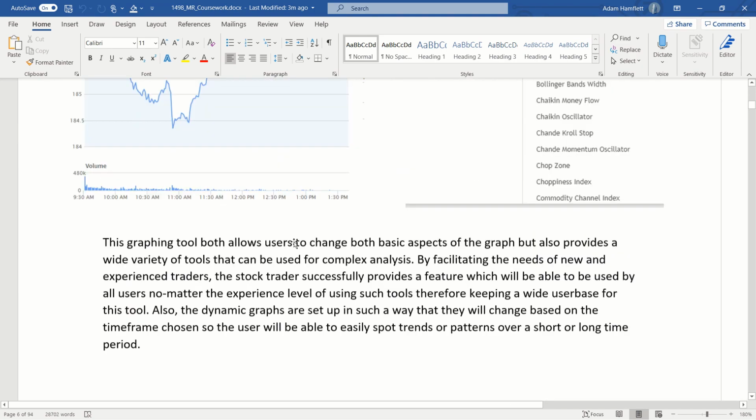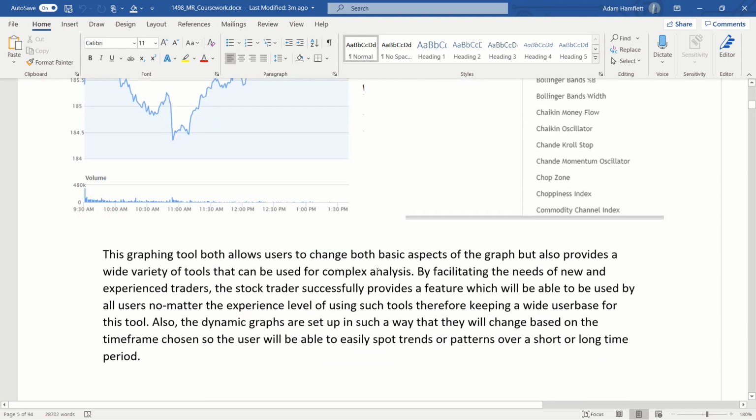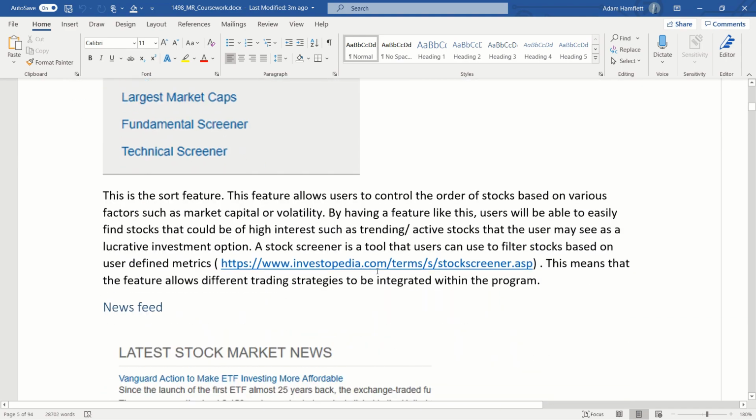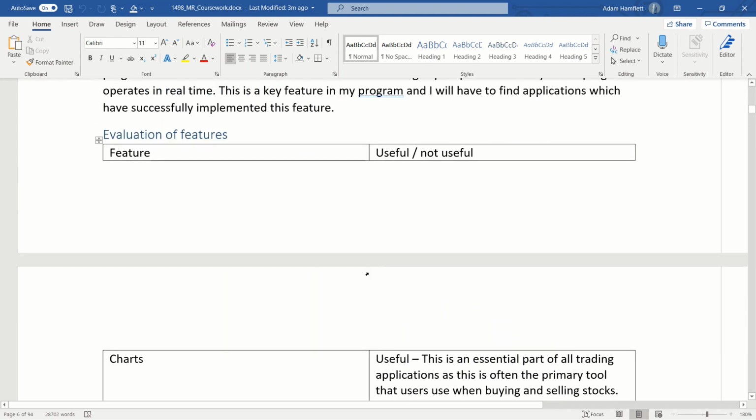Now obviously it's not a full review of this application. It's not gone through absolutely everything you could possibly do. He's not talking about Bollinger Bands or anything like that. He doesn't need to. Okay, he's focusing on the bits that are important for his project. Okay, so he's talked about sorted tabs, news feeds and things like that. Then he's got an evaluation of